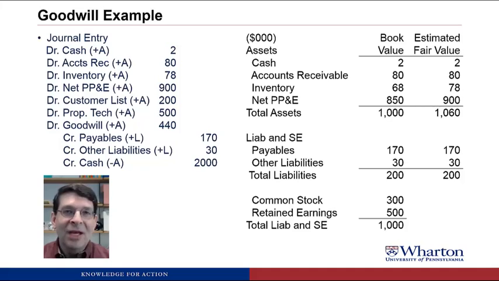So a good example of this was back in the height of the internet bubble, AOL, America Online, acquired Time Warner. Then in 2002, they had to take what was at the time the biggest loss in US history by taking a goodwill impairment of $44.9 billion, basically writing down their goodwill asset by $44.9 billion. What happened is the synergies that AOL expected between their internet business and the magazine and media business of Time Warner never materialized. The company hadn't performed well. It was clear they overpaid, and so they had to take that goodwill impairment charge, write down that goodwill asset.